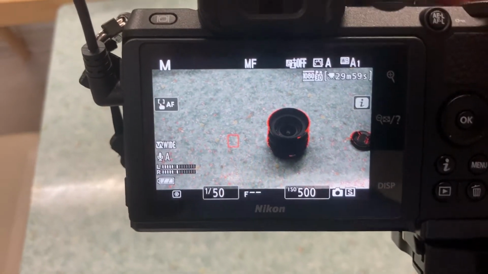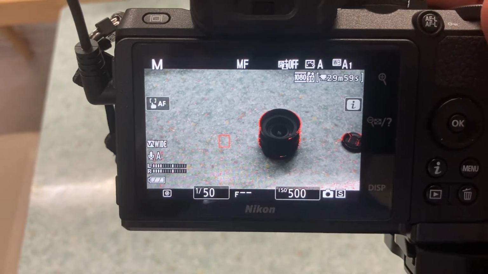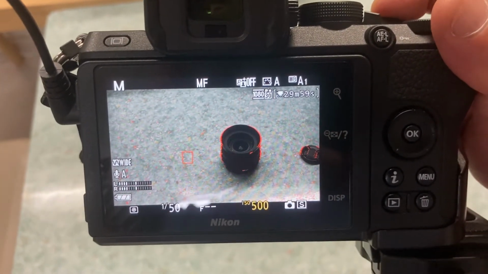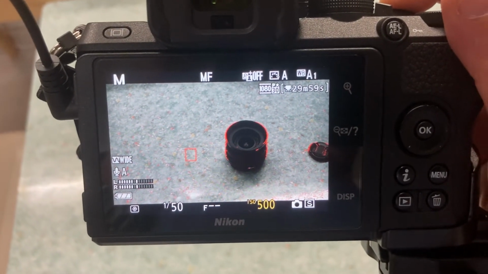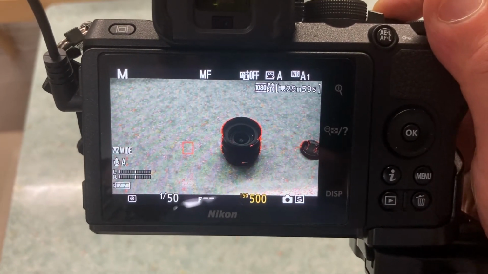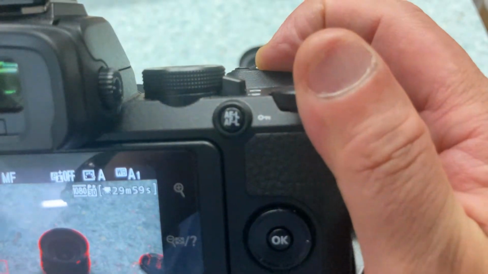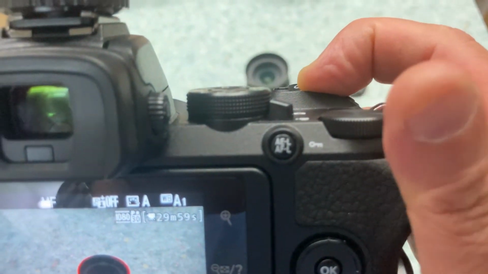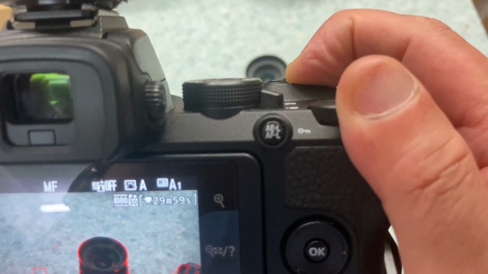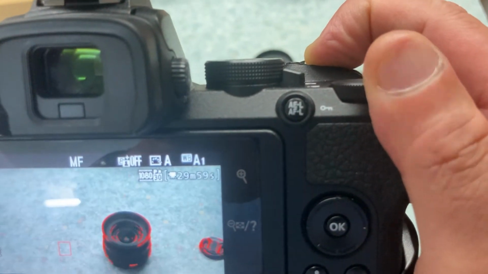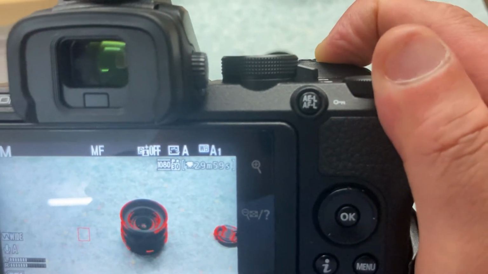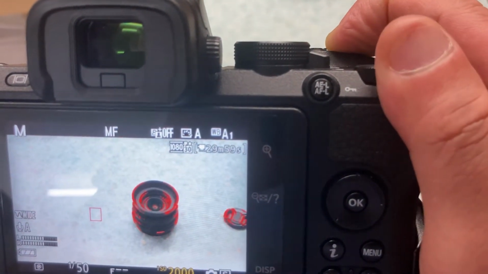So now you press the ISO button. Meanwhile, you change the rear dial. This is the rear dial. You see, my thumb finger is controlling the rear dial button.